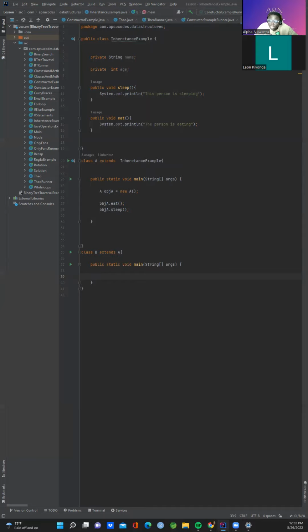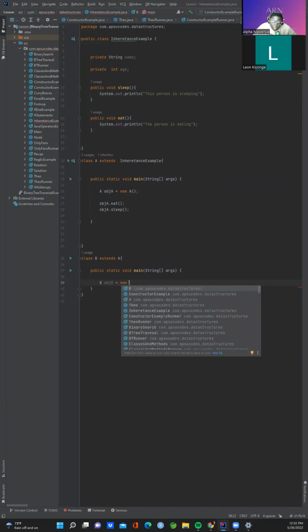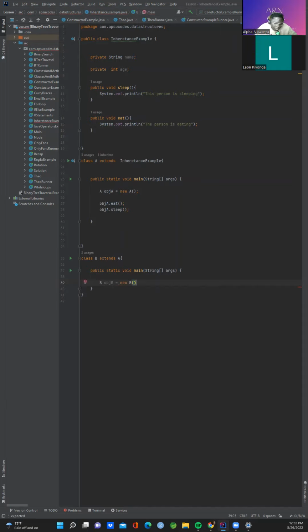So if this works, we say object B is equal to new, and the name of the default method there. And then if we say B dot,